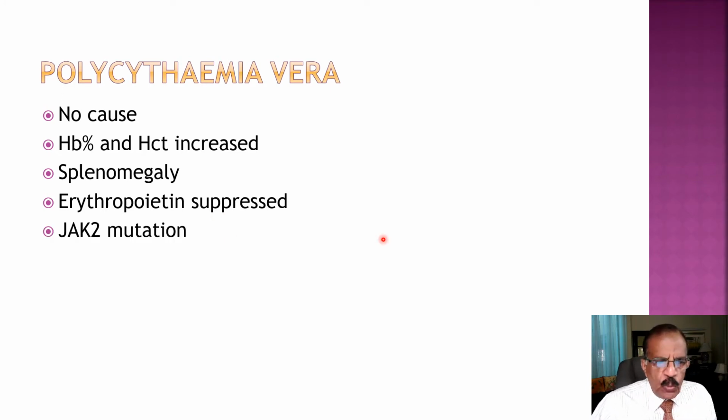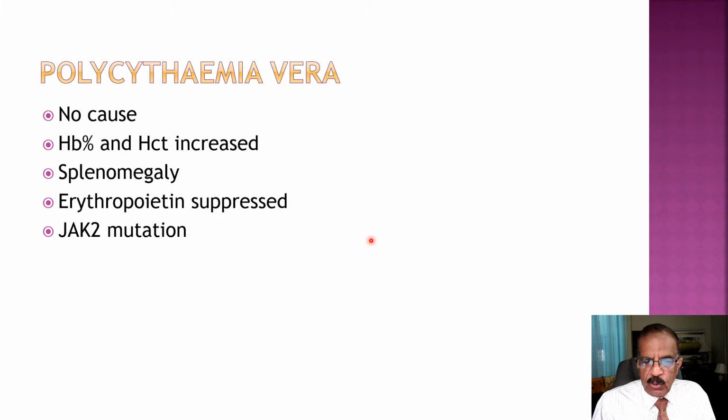Then JAK2 mutation, like we discussed in chronic myeloid leukemia, there is a mutation. Here also there's called Janus kinase 2 mutation. This mutation can be detected by specialized techniques. So if you suspect polycythemia vera, I think it would be right to send the sample to a specialized hematology